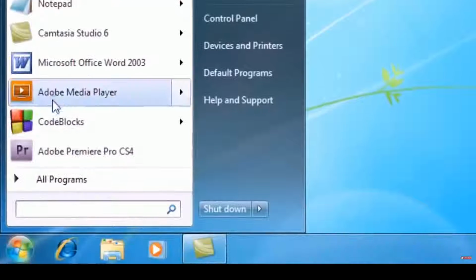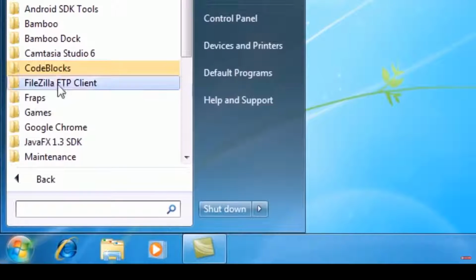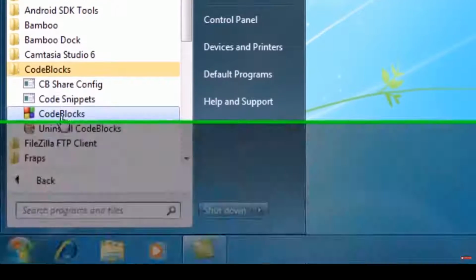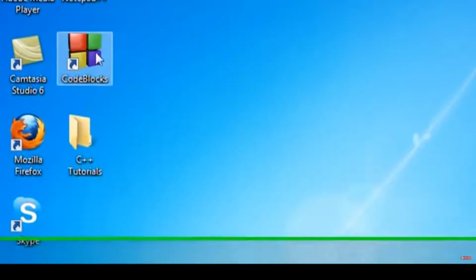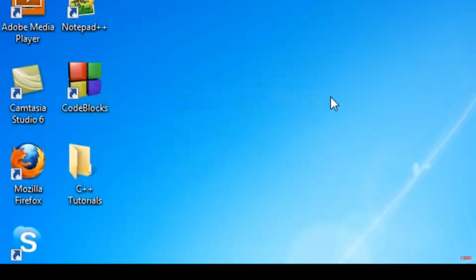Now you probably have it in your all programs, you might have it under CodeBlocks. What I like to do is right click it and just send it to desktop, and what that's going to do is give you a nice little icon on your desktop. But anyways,